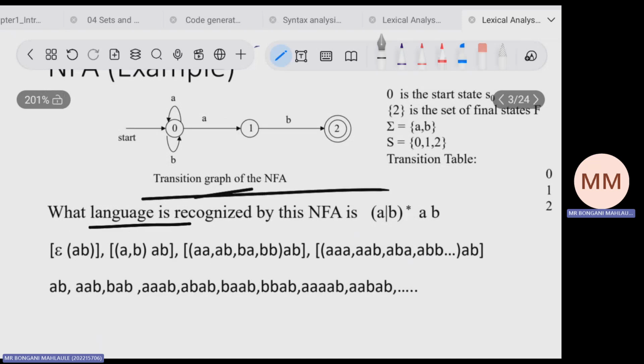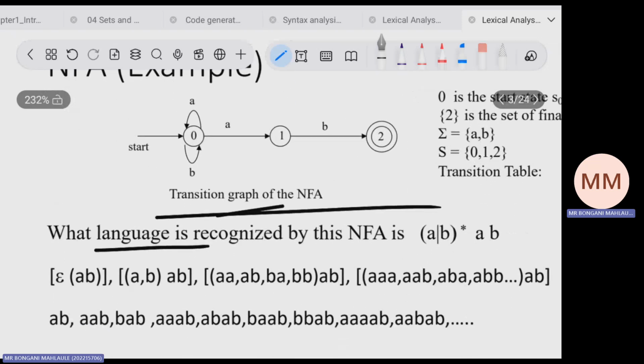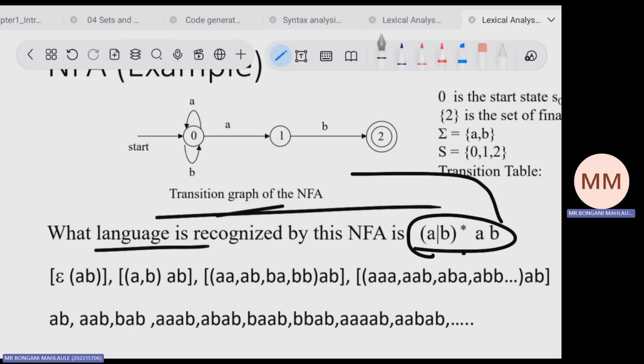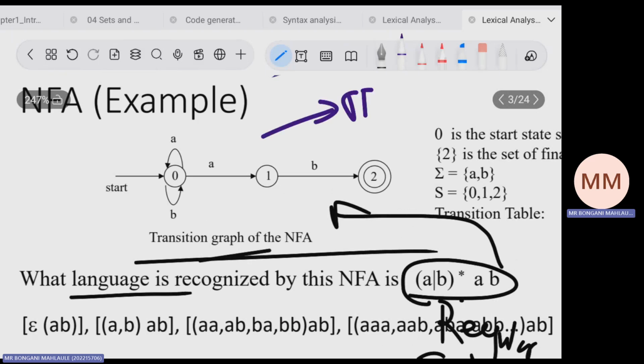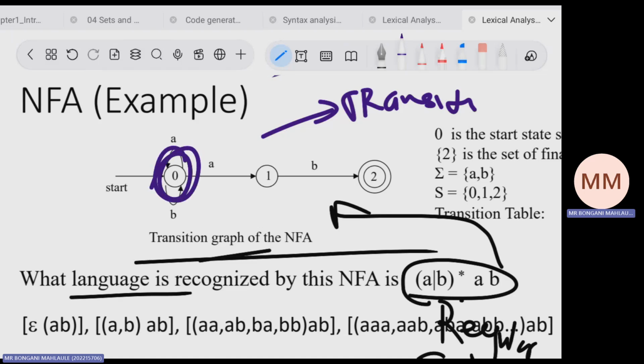So they're saying what language? Okay, let's first check this. I think this is equivalent to that. So this is a regular expression. This one is a transition diagram. So here's the explanation. This transition diagram allows you to repeat on state 0, to repeat either A or